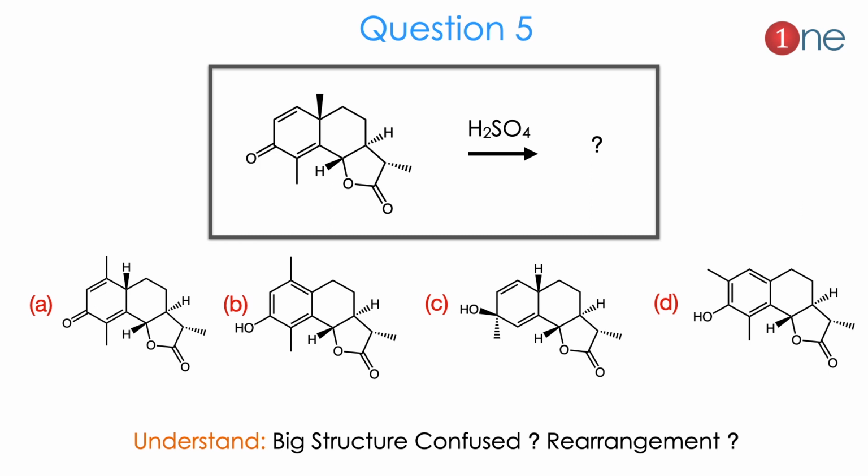Here you are using the acid. Obviously you have to guess the structure. A big structure is given for the confusion. There is nothing to be confused. Here definitely carbon skeletal changes occurred. The methyl groups are shifted inside the system. So you have to guess the product based on the methyl group migration, and there is a formation of stable aromaticity.